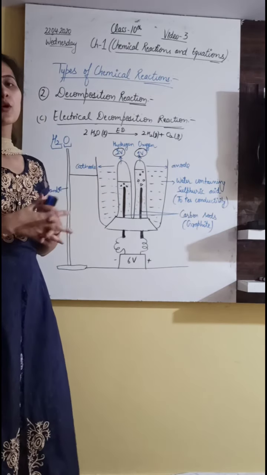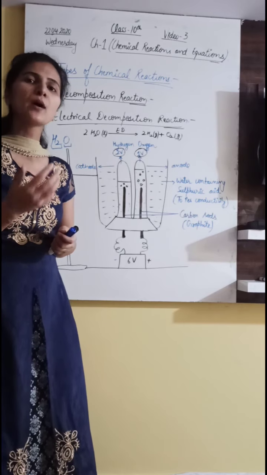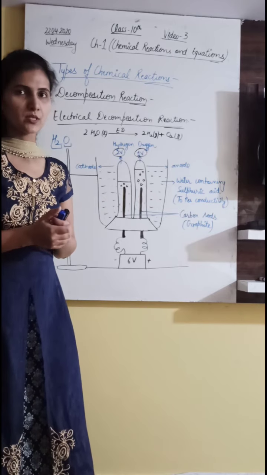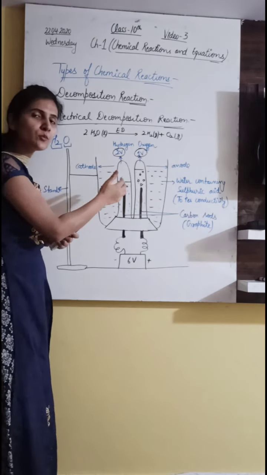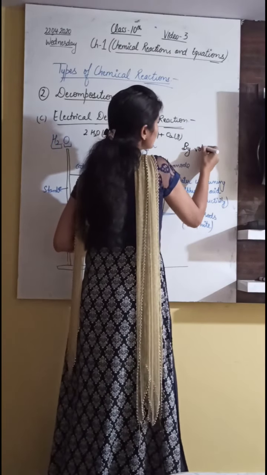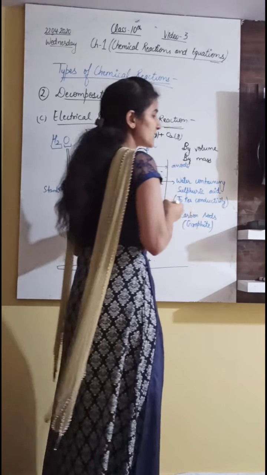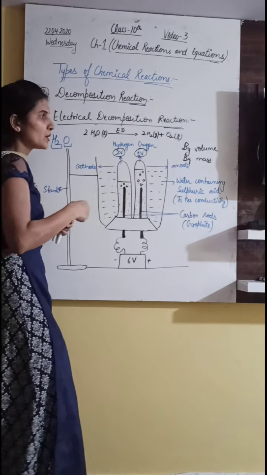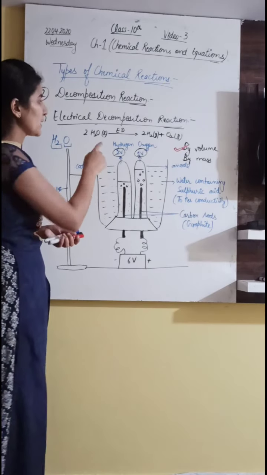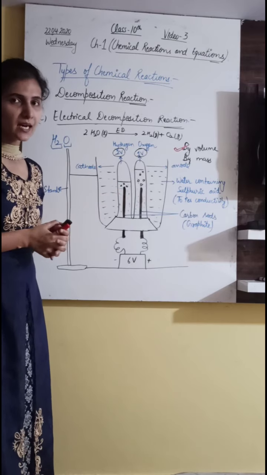Okay. A third type of question can arise: we are getting hydrogen twice that of oxygen, is it by volume or by mass? This is a very important question. So I will write, are the gases collected by volume or by mass? Your answer is, we are seeing here the volume. So by volume we are collecting the hydrogen and oxygen, and hydrogen is twice in volume than oxygen gas. So this reaction is again very important.